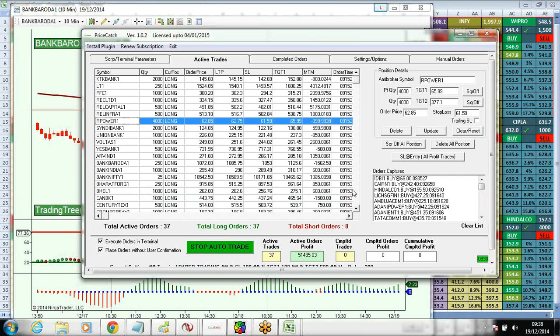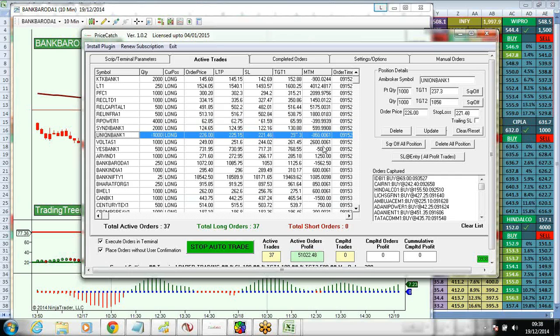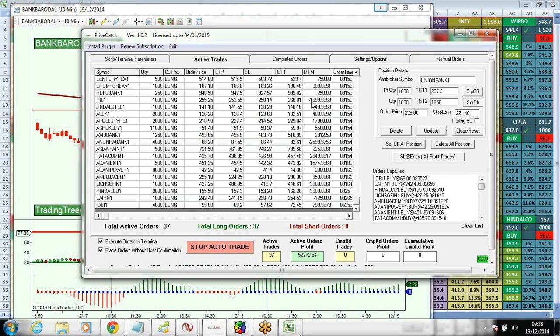So R Power, let me just open the chart. Union Bank is one thing. Otherwise the rest of the scripts, I mean IRB is one script. Andhra Bank, let me just